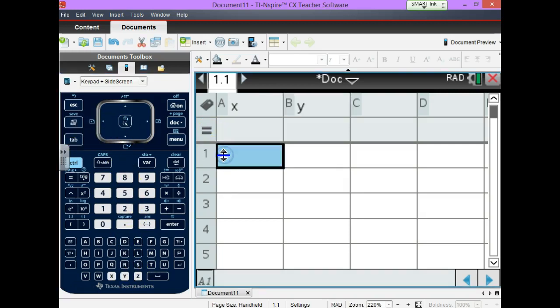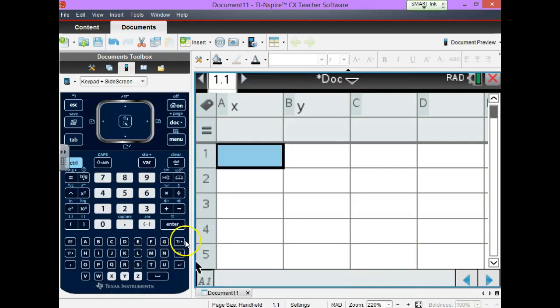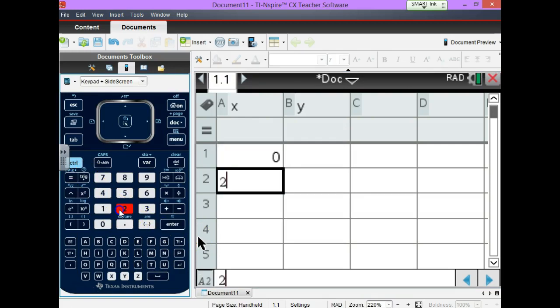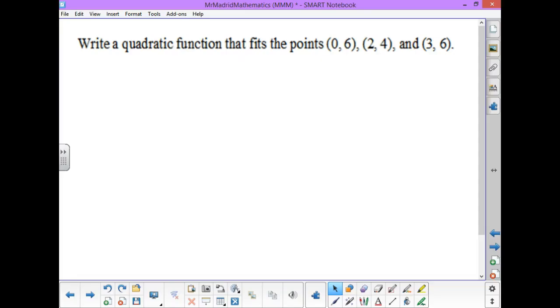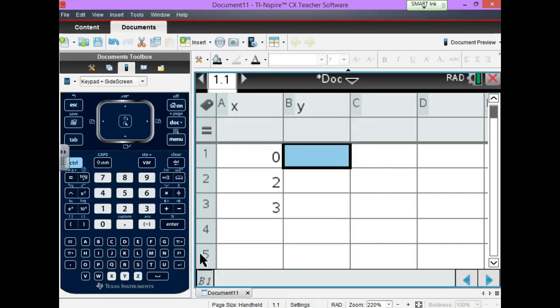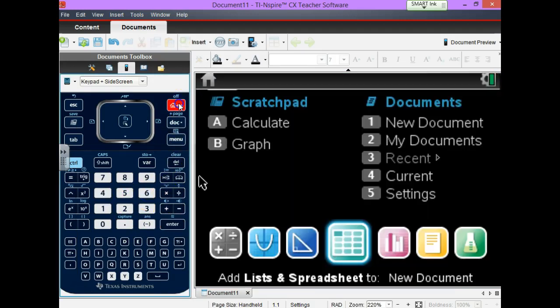Next, I'm going to list them. I'm going to list the x's: 0, 2, and 3. I'll come over to my y's, and I have 6, 4, 6. Okay, now that I've got that, I'm going to go back to the home screen,